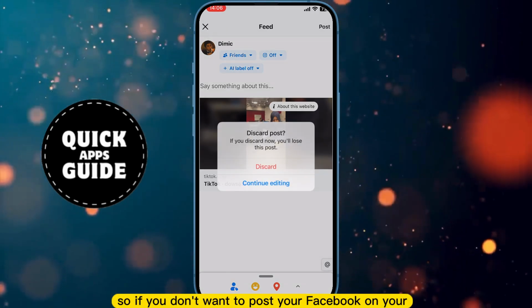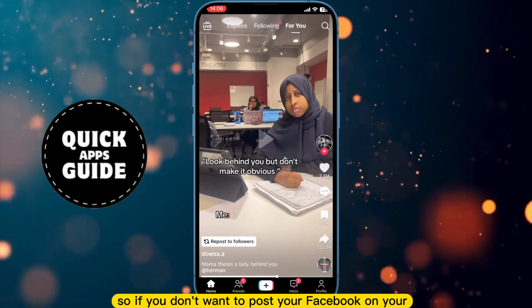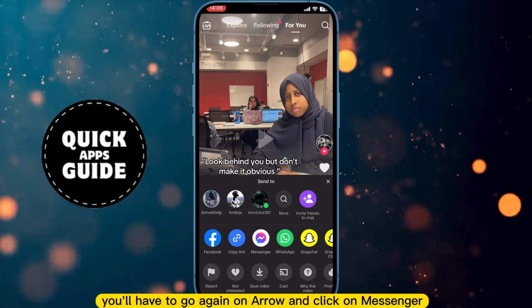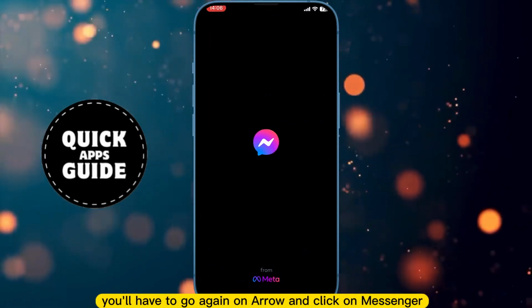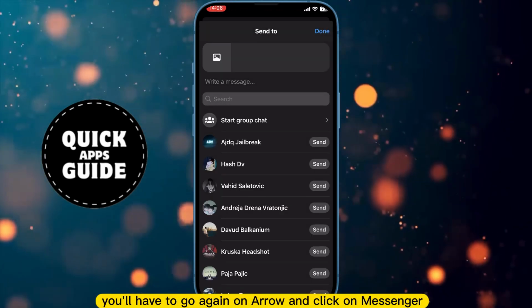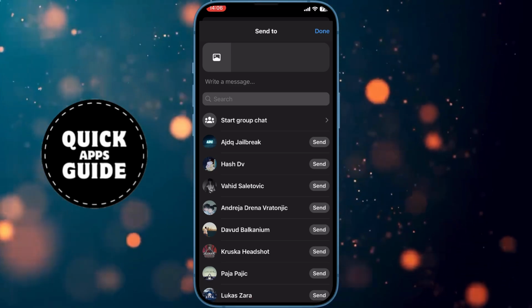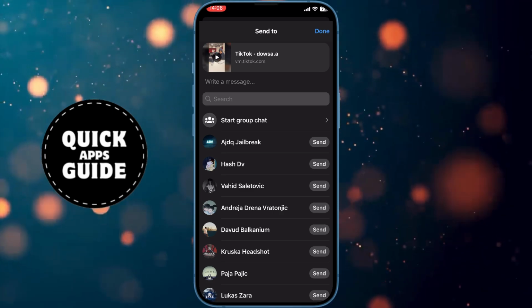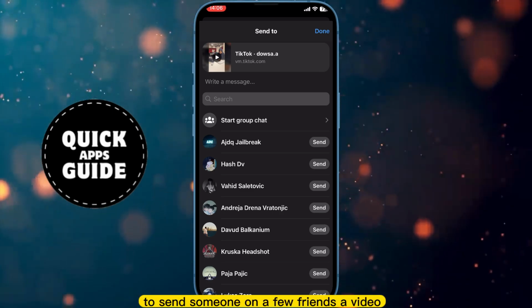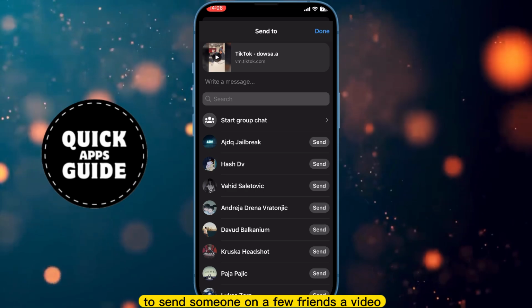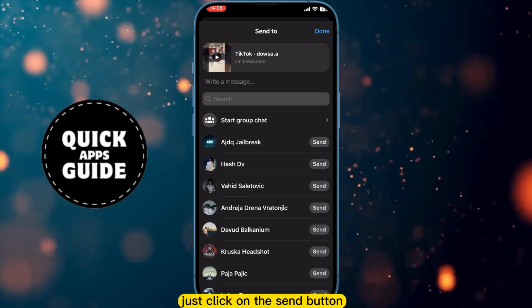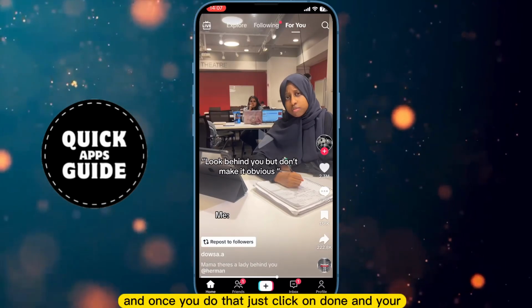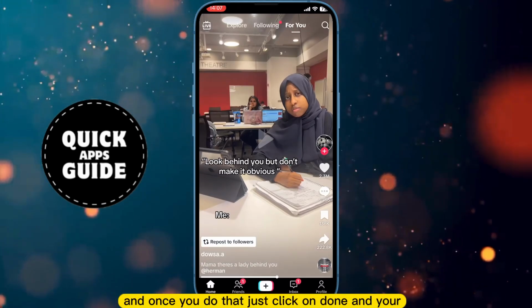So if you don't want to post your Facebook on your feed or wall, you will have to go again on arrow and click on Messenger icon. Now it will open Messenger application and show you the list of your friends. To send someone of your friends a video, just click on this send button on right side of their name, and once you do that, just click on done and your